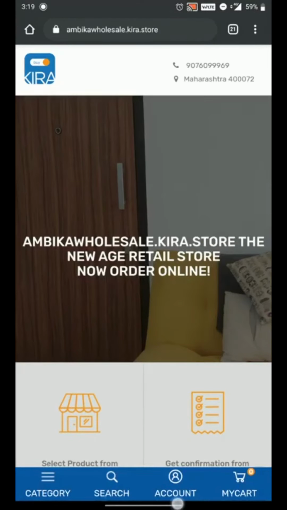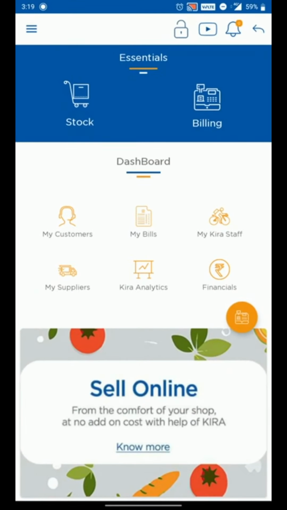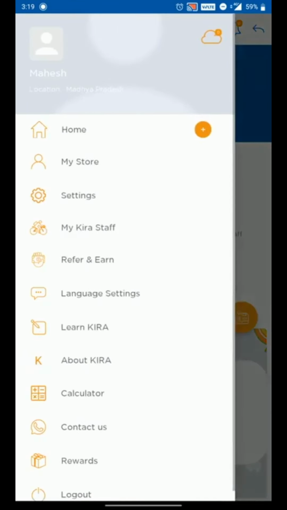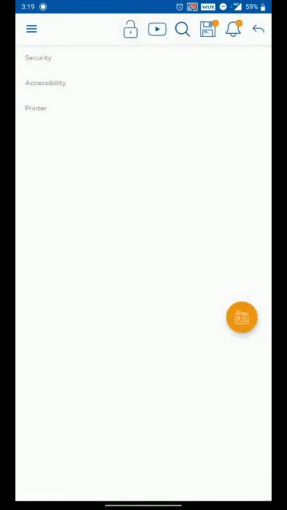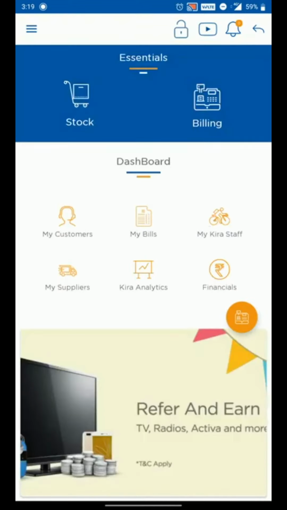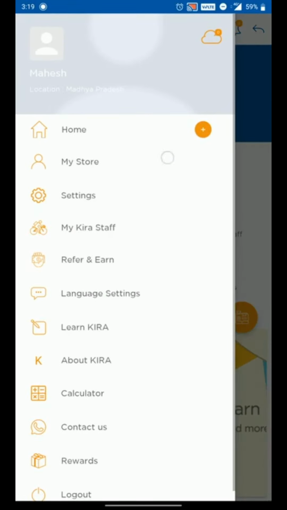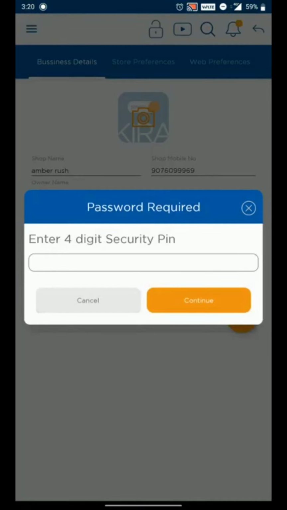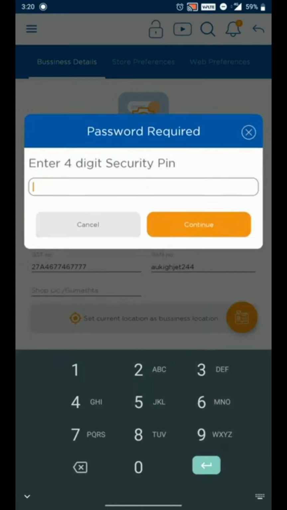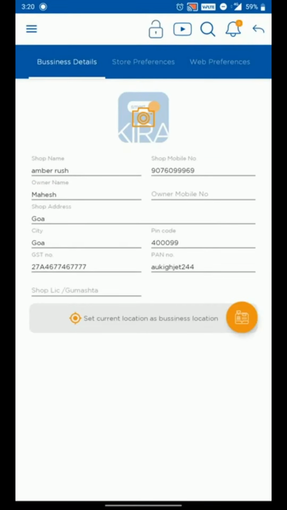Now, we can see one more option available in settings under security. As I go to the app back again, under security, we can enable the vault as well. When we enable the vault, we will see that you need a PIN when you go to My Store. It asks for a password without which you can't get through. I had set my password back then as 1234. Now I can see all the information here.